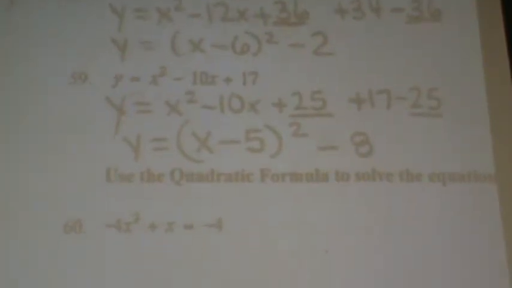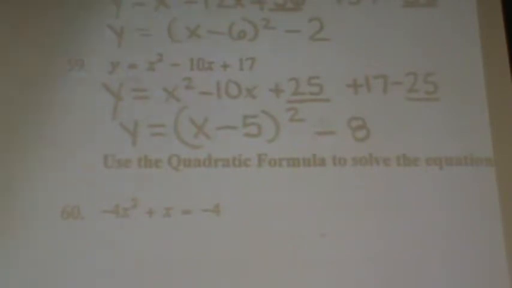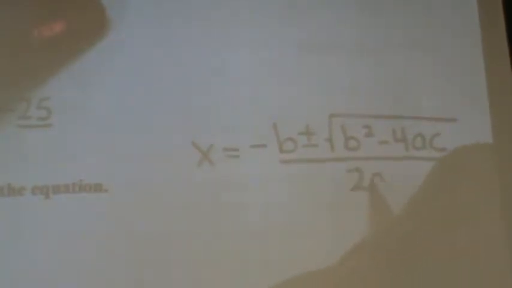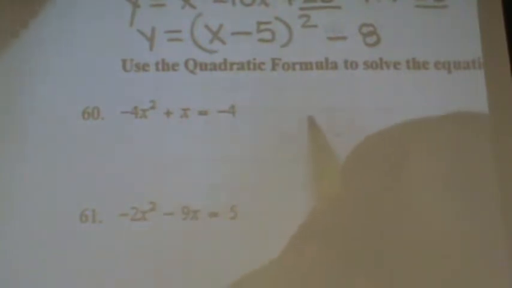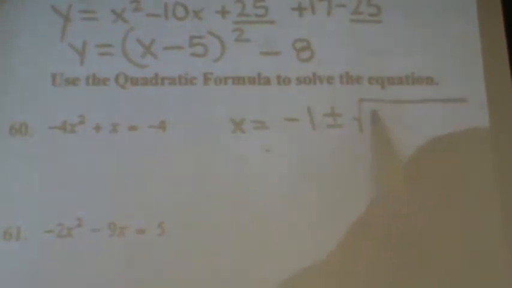All right, next 2, use the quadratic formula to solve these. What is the quadratic formula? -b plus or minus. Now, if you don't think you're gonna remember the formula, you should write it down on your index card. All over 2a. So -b, what is the b value? It's 1. So x is gonna be -1 plus or minus the square root of